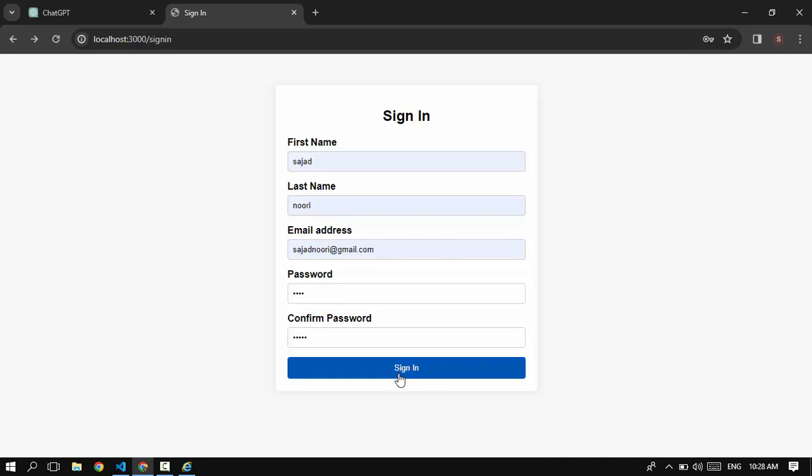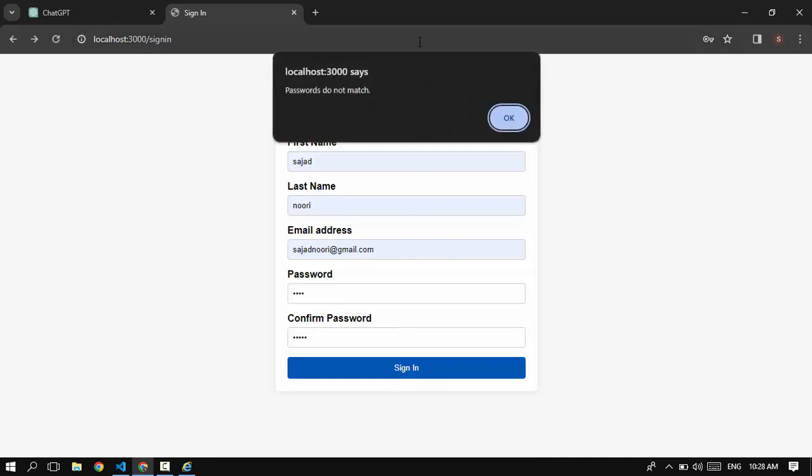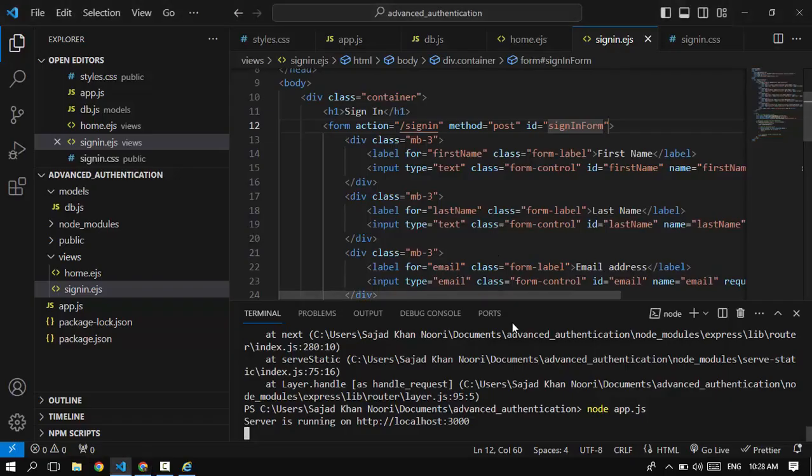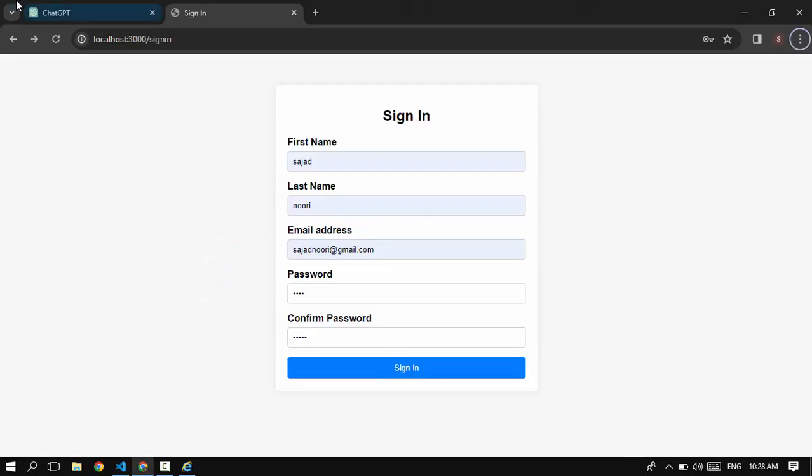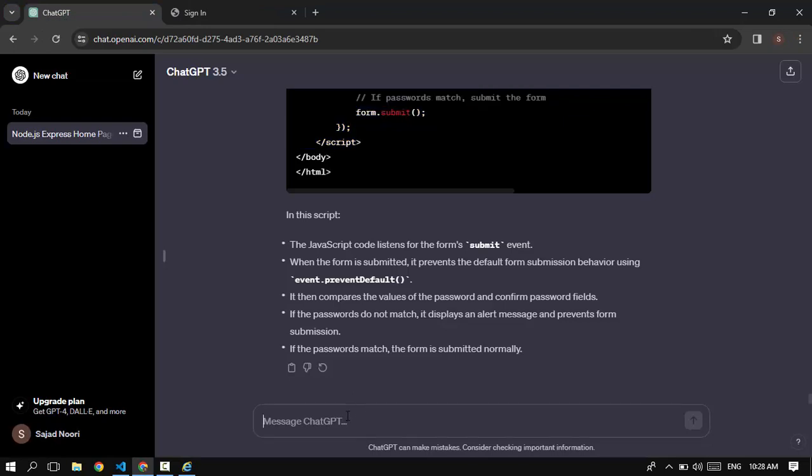As you see, the password does not match. If I click on this, we get the pop-up, but I do not like the pop-up. So I'm gonna go again in ChatGPT, and I want it to be displayed in the form. So I'm gonna ask, it pops up that password does not match. Please make it be shown